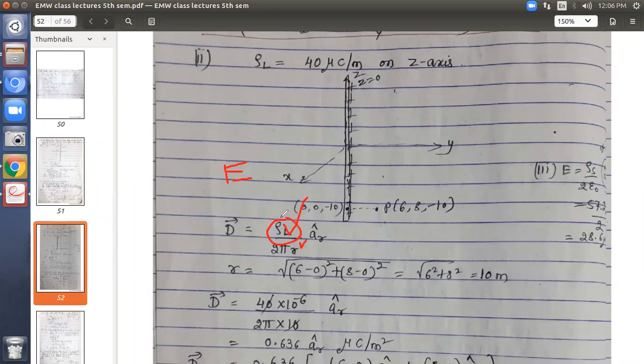Rho L is already given in the question. You need to find the distance and the unit vector. What will the distance be? Check. The distance will be,